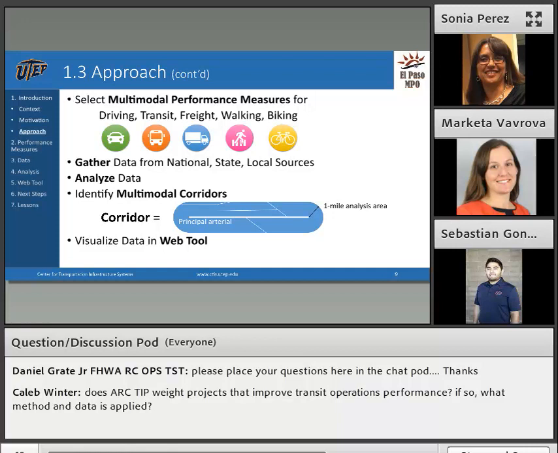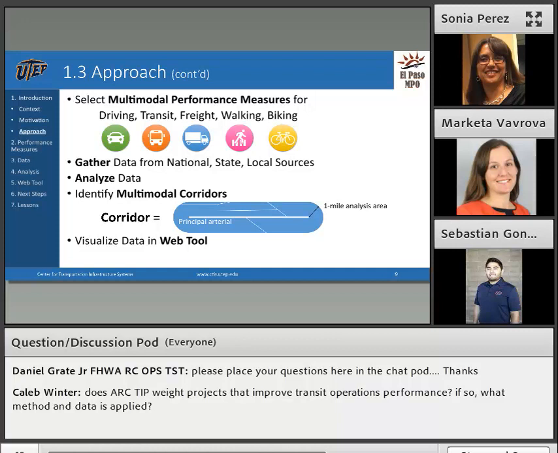Thank you, Sonia. So in the second part of this presentation, we would like to walk you through the steps that we took during the development of the web tool. We believe that this information could be particularly interesting for agencies in a similar situation as we are, which is an agency serving a small or medium-sized community with limited financial and staff resources.